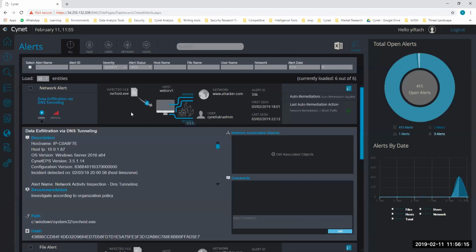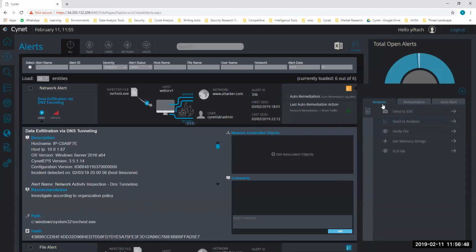However, as we've said before, there always will be cases where you need to manually operate alerts. In that case, Cynet provides full context of all the involved environment entities, user, file, network, or host, enabling you to manually remediate each according to the threat's context. Let's use the DNS exfiltration as an example. The initial alert delivers all we need to know to resolve it, and we can open the remediation menu